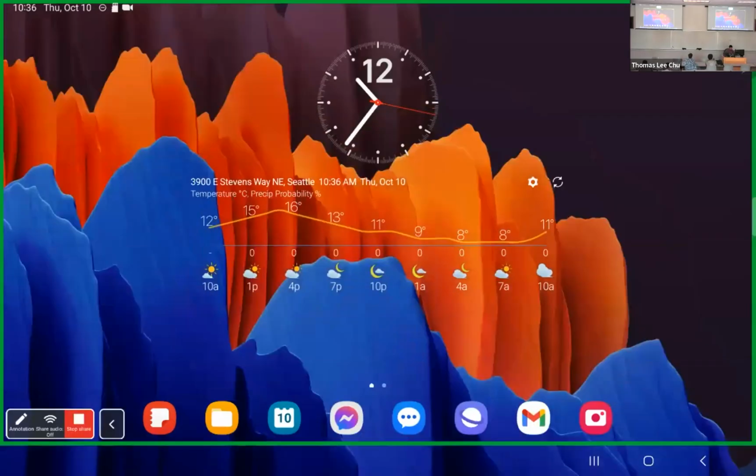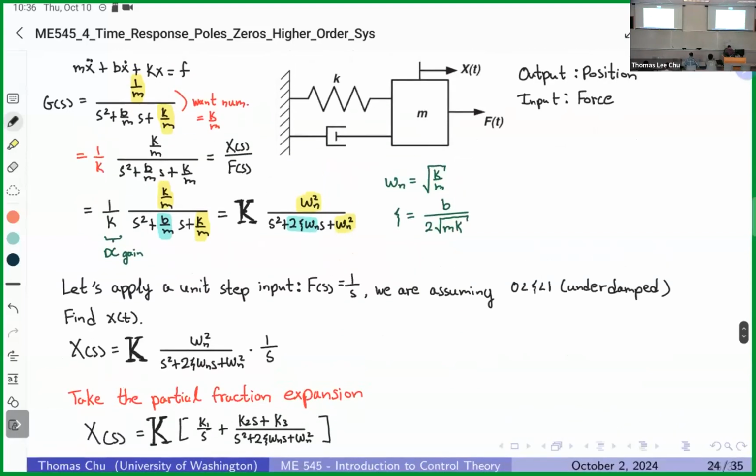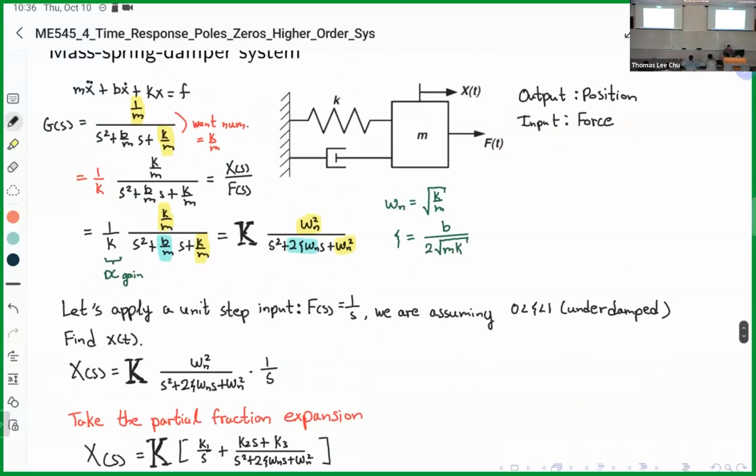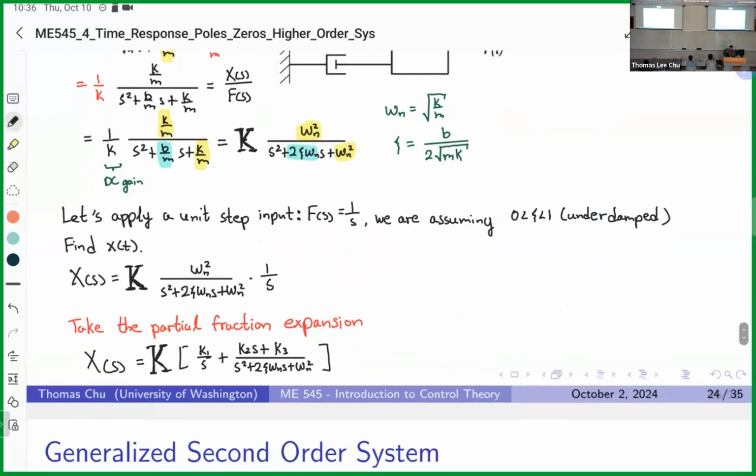Okay, so let's continue on with this example. So we're at the point where we're deriving the response of an underdamped second order system for a unit step input. And we're at the partial fraction expansion step. So what we needed to do next is we need to basically find an expression for